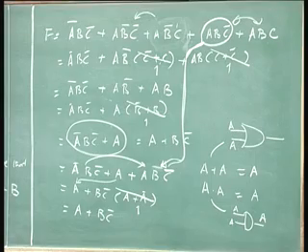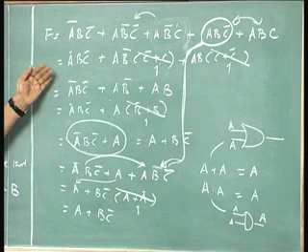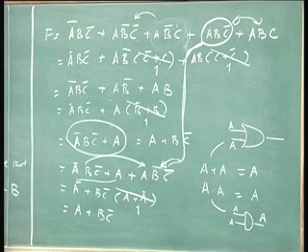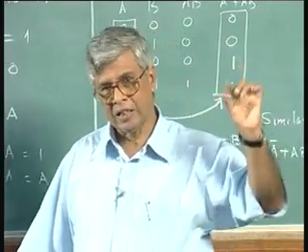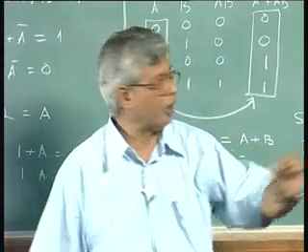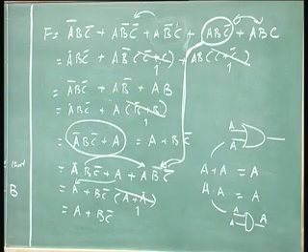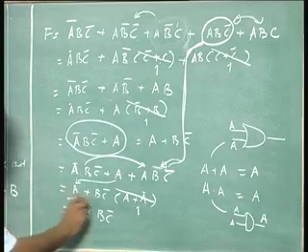Now, again this is a minimum sum of products. From canonical sum of products we came to sum of products. Any of these expressions in between is a sum of products, not canonical, not minimum. It is not the original line, it is not the final line, it is not sum of products, because this looks like product terms summed in a series. Finally, you have this, the minimum sum of products,